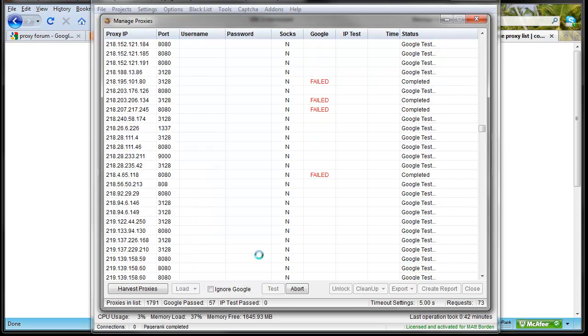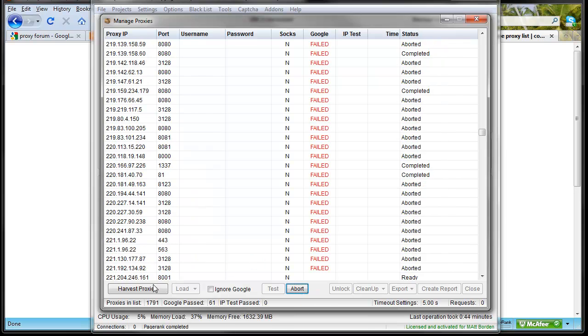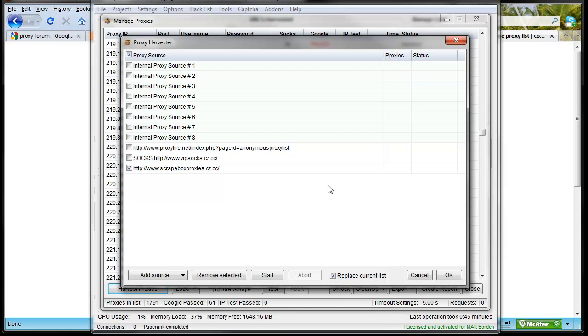Go ahead and test each source individually, because if you go in here, which is what I did when I first started, I added like 100 sources and hit start, and there were like 10,000 proxies. And then out of 10,000 proxies, I got a few hundred working, but 8,000 of those proxies were from bad sources, so you don't need to waste your time on those. So test each source individually as you add it,